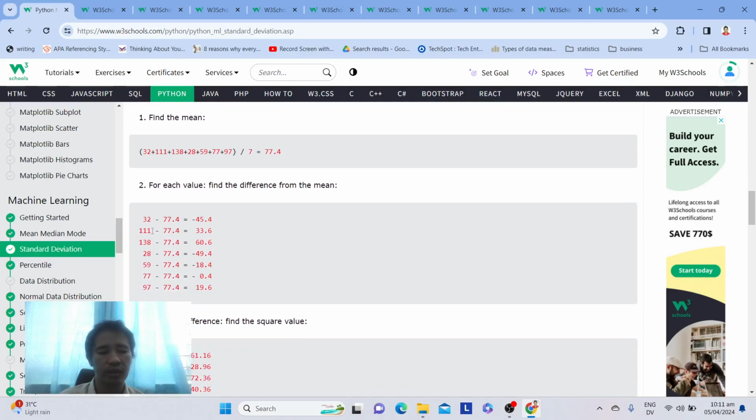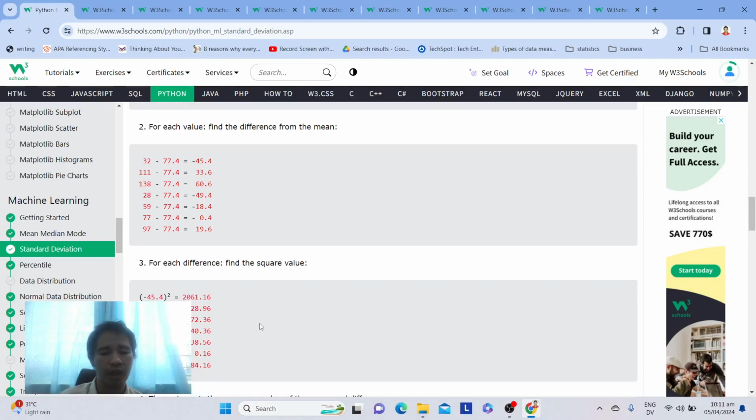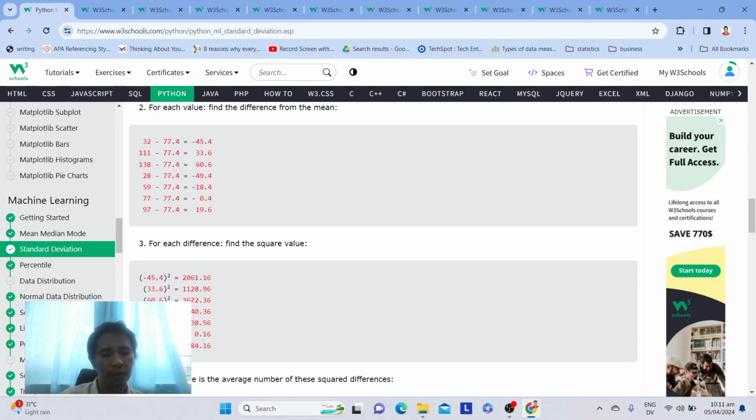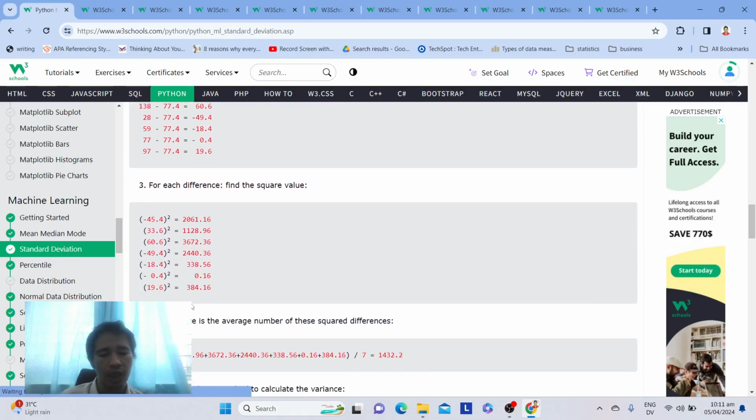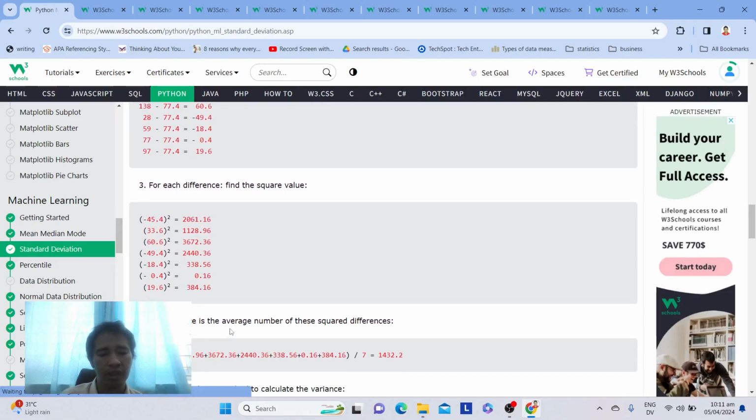For each value, find the difference from the mean. So you have 32 minus 77.4, which is negative 45.4; 111 minus 77.4 equals 33.6; 138 minus 77.4 equals 60.6, and so on. After that, for each difference, find the square value. Since you multiply a negative by a negative, it becomes a positive. The variance is the average number of these squared differences, so you add them up and divide, and the result is